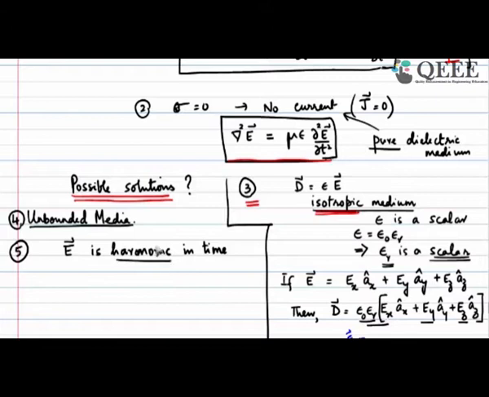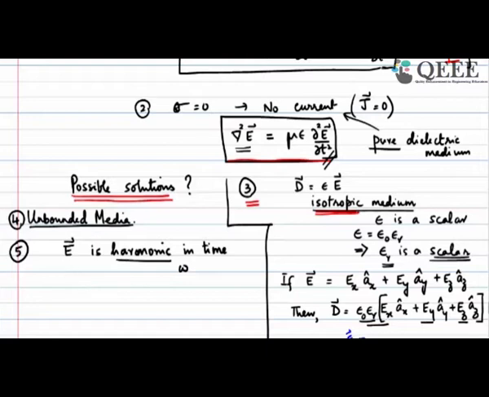What is the meaning of harmonic in time? As a function of time, you see this E field varies as a function of time and as a function of space. The only thing we are saying is the excitation field, the source, whatever that source is, gives you a field that is oscillatory in nature. It has single frequency omega, angular frequency omega, like a simple pendulum. It's harmonic in time, it's repeating in time,